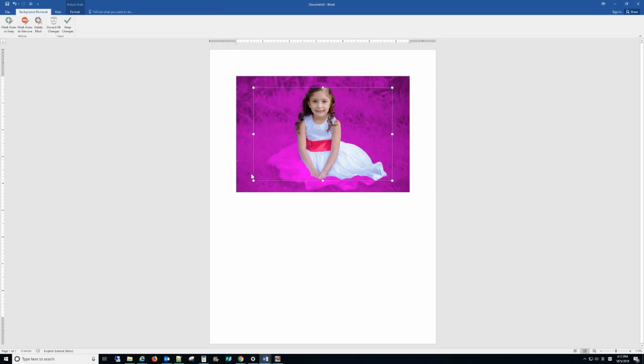Then you will see the select area. If it is original color, that means this area will be left for you. But if you want the dress to show up, you just need to adjust the select area a little bit. See,